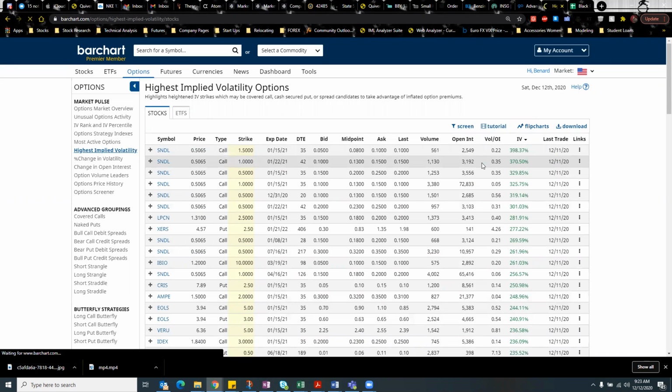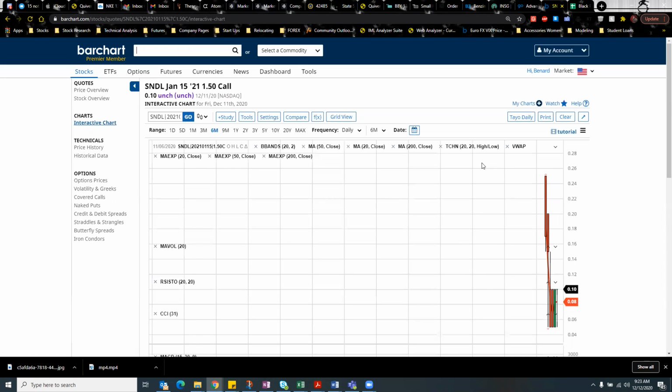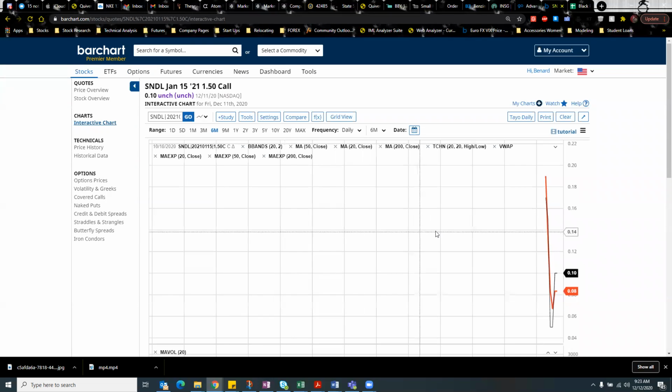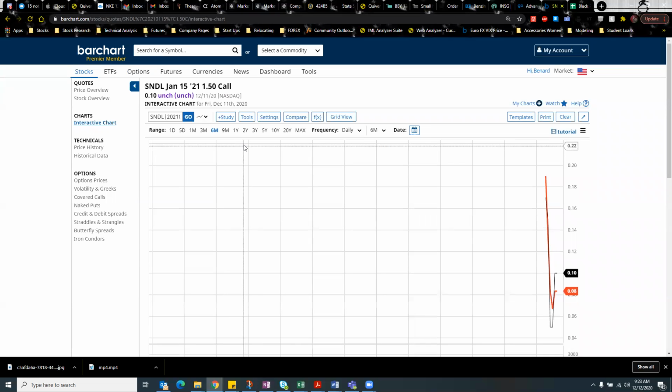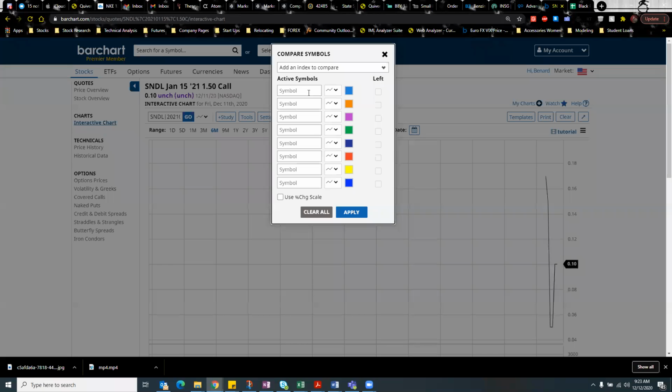We can look at the options chart. Now comparing it with